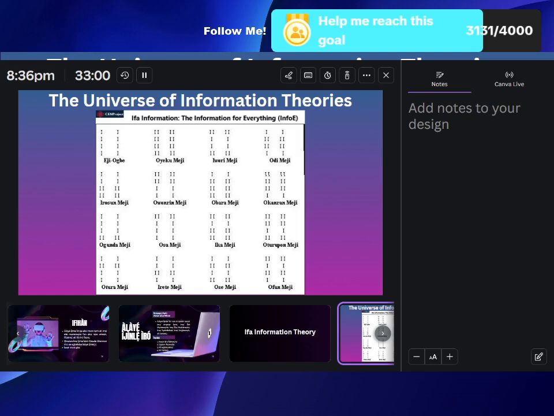IFA information is a field of the IFA education system where we use the 256 Odu IFA to study that field of information theory. As I explained earlier, information theory is a field that has to do with the communication, storage, and encoding of information. We are interested in understanding how we can encode information, how we can process information, how we can decode information. That's what information theory is all about.